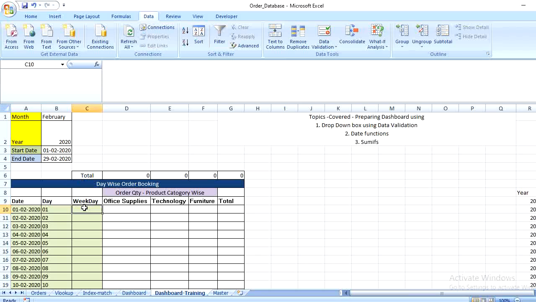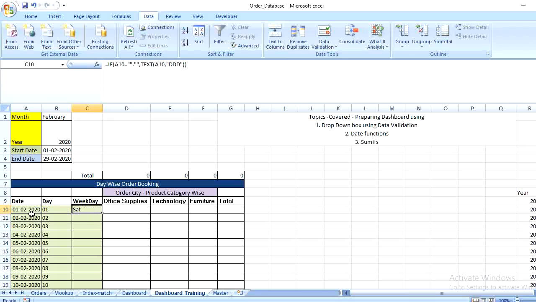Now I want to know the weekday of that particular date. So here I am going to apply a formula again. First IF condition, if this is blank, I want to write blank, else TEXT, select this date, I want the days, DDD, close the bracket.